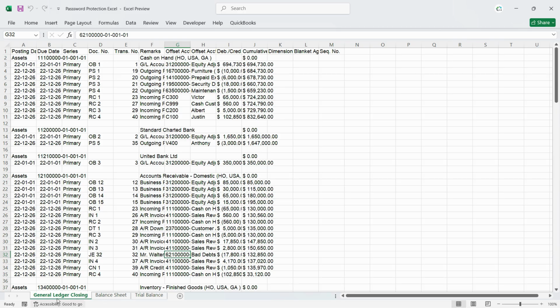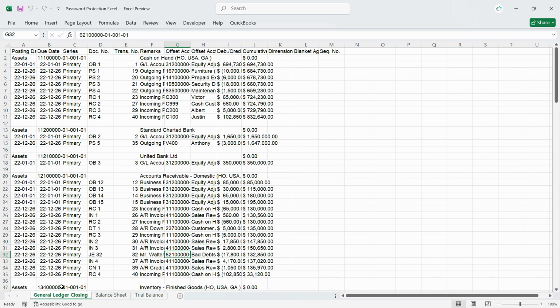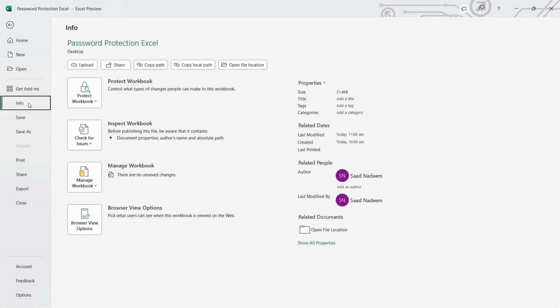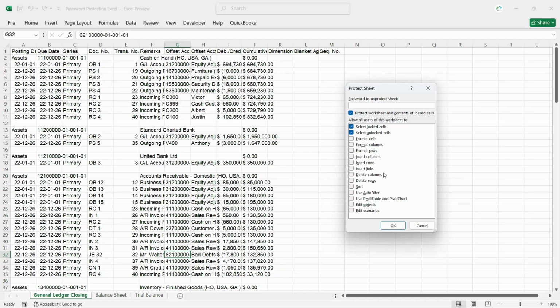So here in this example, I have this Excel file which contains these 3 sheets. First of all, let's try password protecting a particular sheet, that is sheet number 1, journal ledger closing. If you want to protect this, click on the File tab and click on Info, and here it says Protect Workbook. So let's say instead of the workbook, we want to protect the current sheet and password protect it. Let's set a password, which is 1234, and we want to protect the worksheet and contents